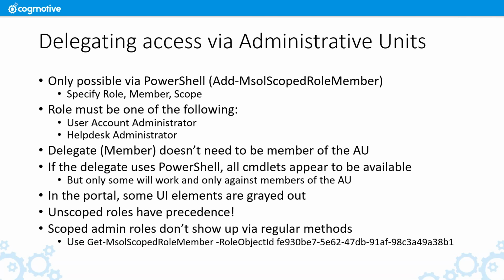Some few remarks here as listed. So the actual delegate who will be performing administrative actions doesn't need to be a member of the AU. And the way that the actual delegation is done is that on the back end, every time this delegate will be performing various administrative tasks, either via PowerShell or via the admin tools and so on, there will be a check performed to see whether the user he's trying to edit is in the scope of